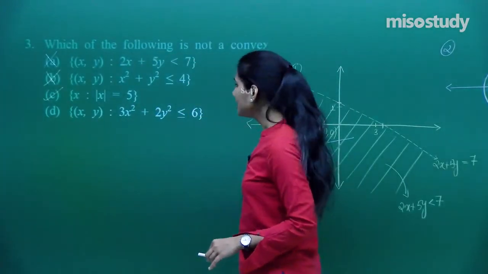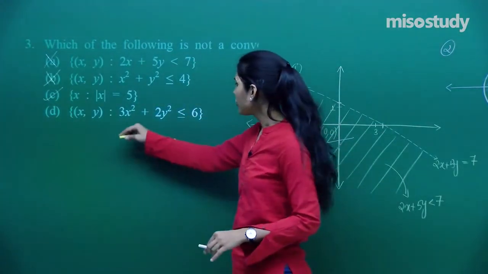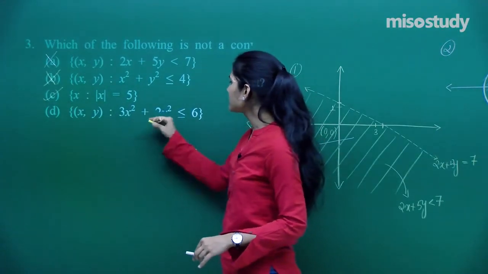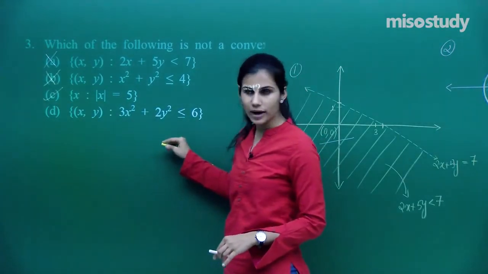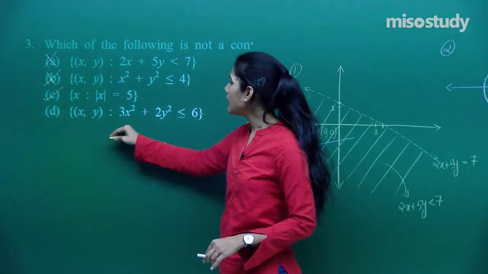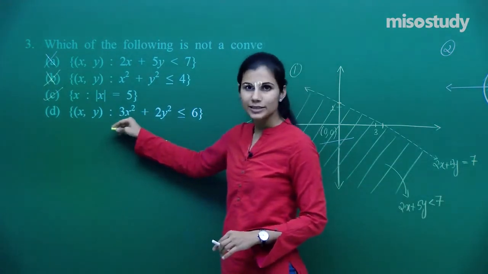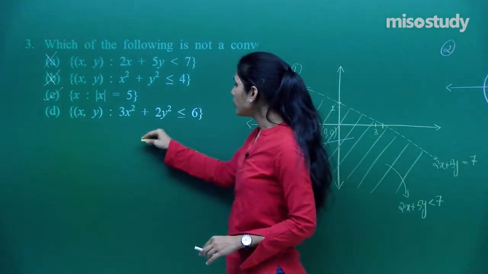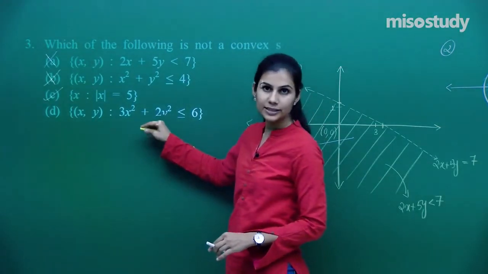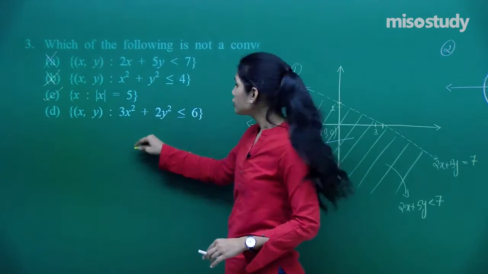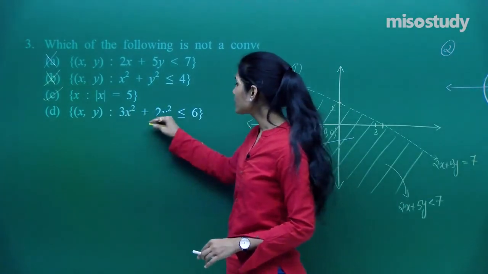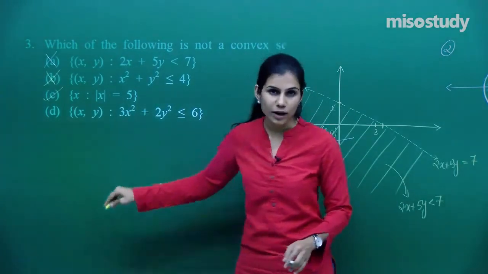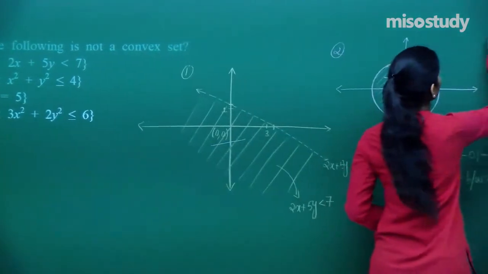And this is clearly representing an ellipse. You can write this as 3x square upon 6 plus 2y square upon 6 equal to 1. That would give you x square upon 6 upon 3, that is x square upon 2, that is x square upon root 2 square. 2y square upon 6 is y square upon 3, that is y square upon root 3 square. So it will be x square upon root 2 square plus y square upon root 3 square equal to 1, and that is going to give you